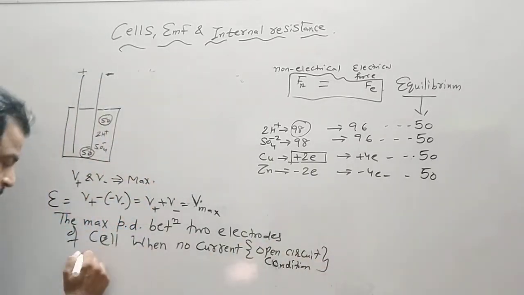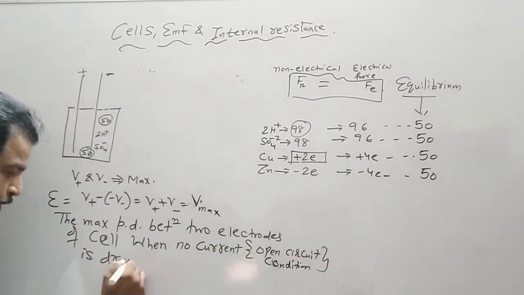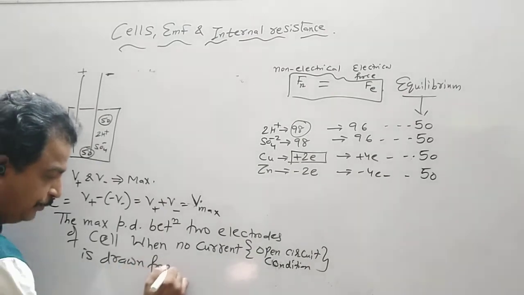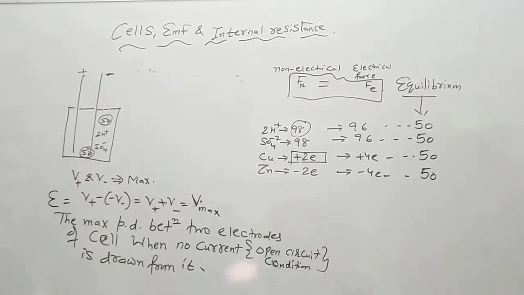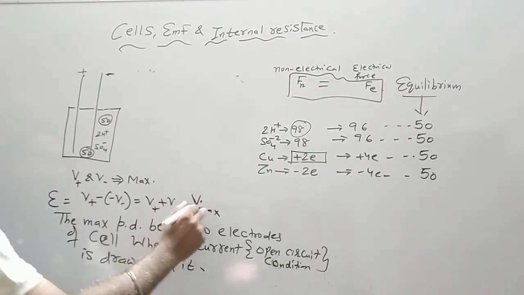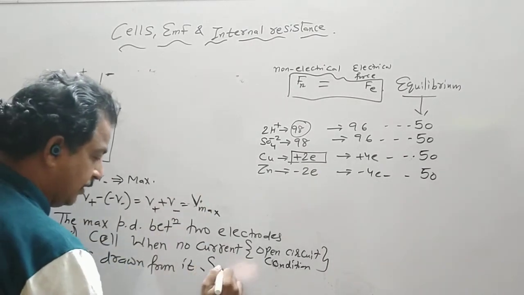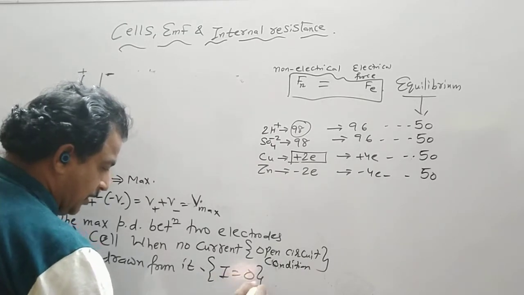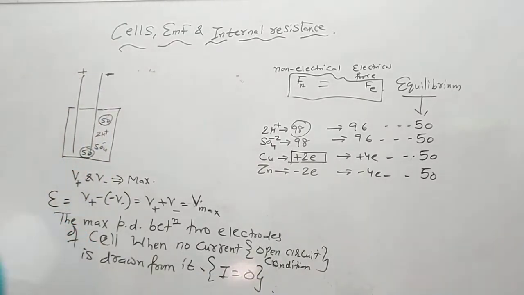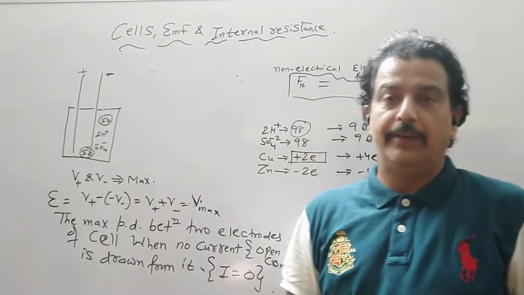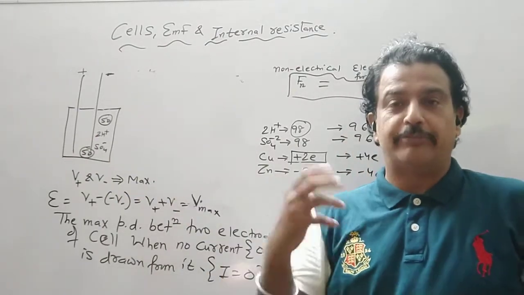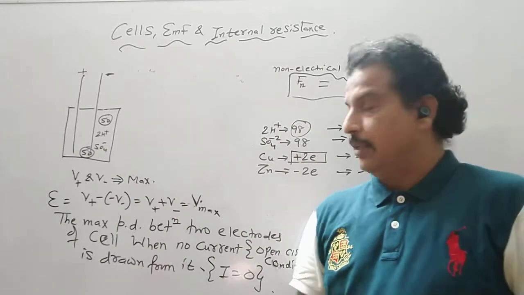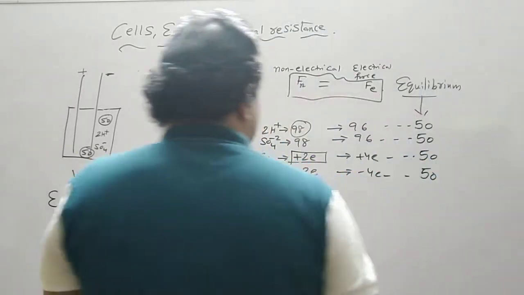Open circuit condition, when no current is drawn from it. In this stage, when there is an EMF, that is a maximum potential difference, the current in the circuit is zero. So you are not using the cell, or this is what we have brought from the market. Now let us try to understand this